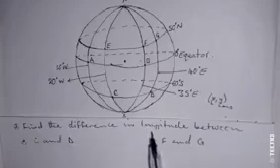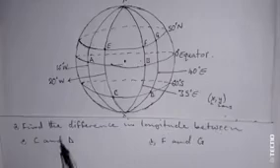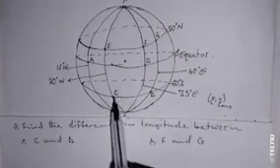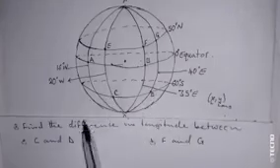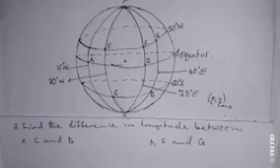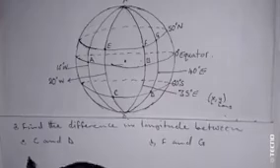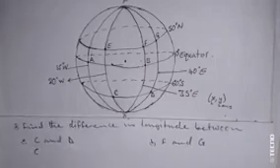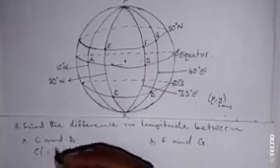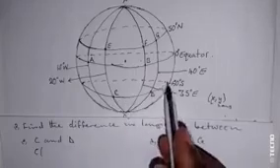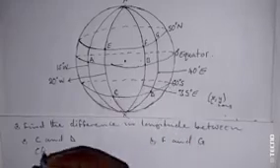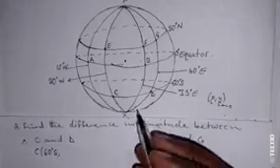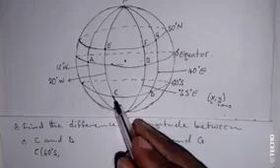Find the difference in longitude between C and D, and between F and G. So here we have C and D. Here what we want to find is the difference in longitude, which is in great circles. So first thing, you need to write the points at C. Remember always you start with the latitude. So here the latitude is 60 degrees south, 60 degrees south, then